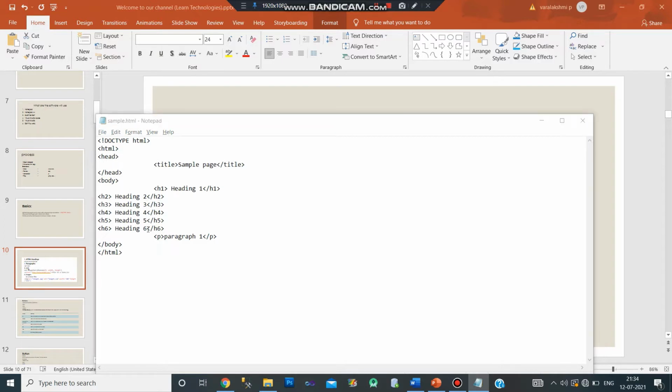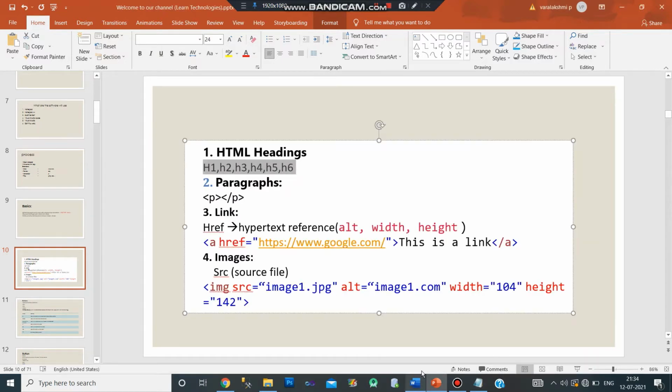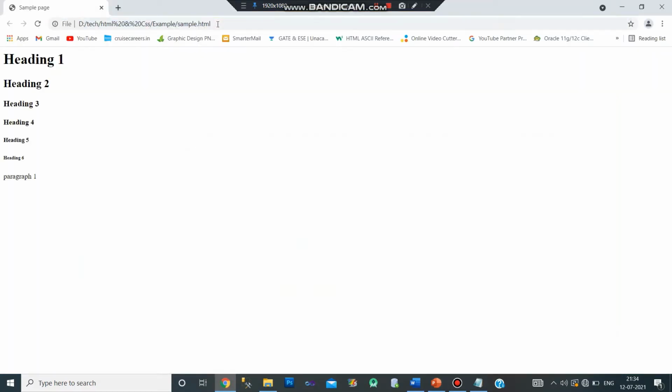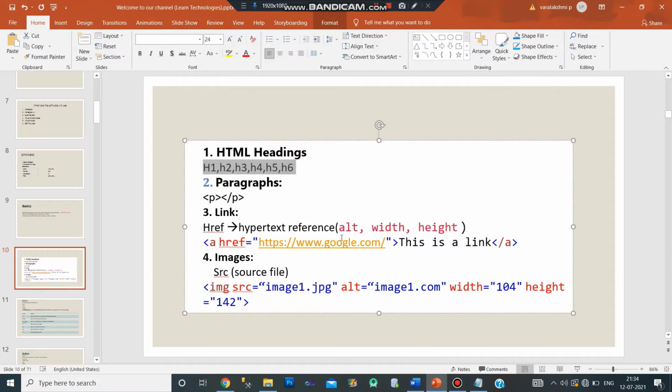Okay, this is our first tag, HTML headings. Just simply see the output. Refresh the page and see this. This is the header tag 1, header tag 2, header tag 3, 4, 5 and 6. Coming to our next